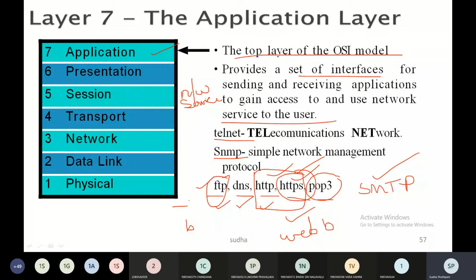To access the files in the remote host, you use the FTP protocol. To forward and store emails, you use SMTP, Simple Mail Transfer Protocol. And to enable web surfing or web browsing, you use HTTP or HTTPS protocols.